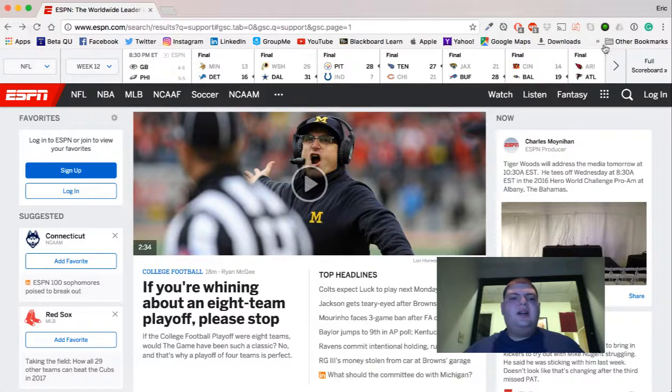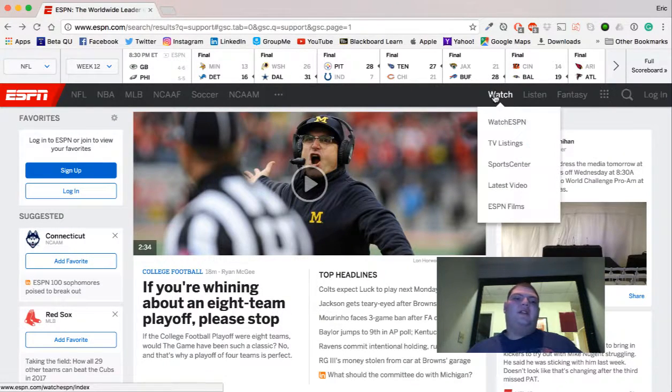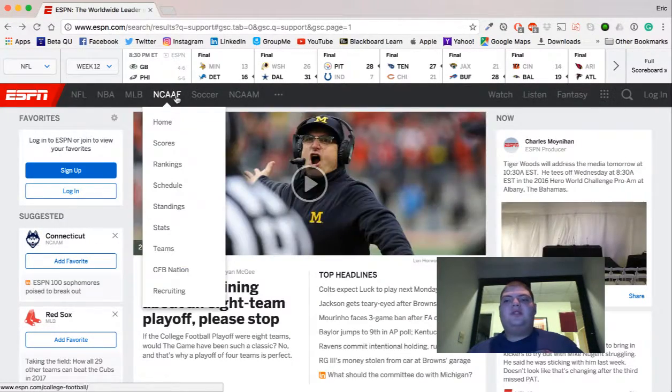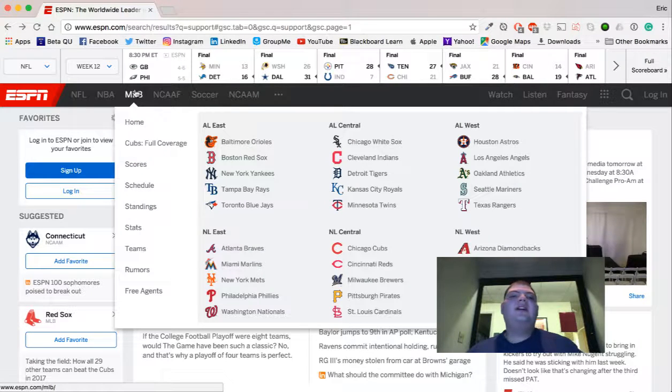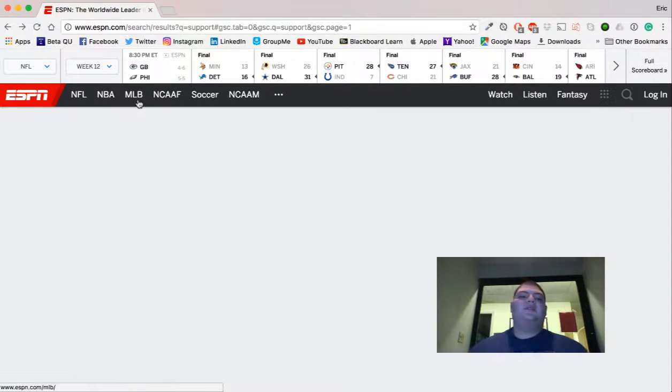remodeled their website into a 3-column grid structure with smoother colors and animations. So at the top you have your scores, then right below you have the logo along with a simplified nav bar, including watch, listen, and fantasy, as well as a search and login. And if you scroll over the different main sports, it gives you the teams that you can follow for your favorite team, as well as the standings, sports, other sports, stats, rumors, scores, and schedules, as well as any free